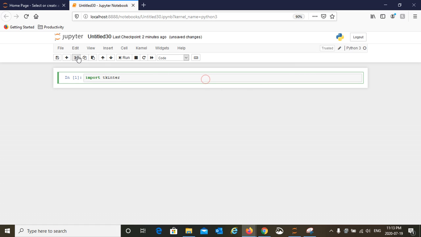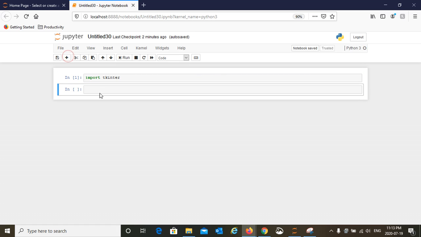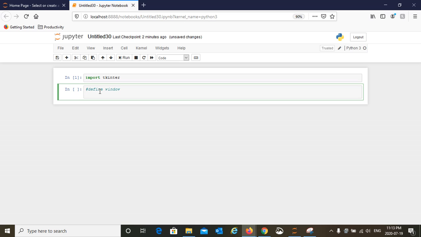Very good. So far so good. And now we are going to define the window. Let's say window equals Tkinter. For a GUI based application, of course, you are going to develop that graphical user interface in a window, right?